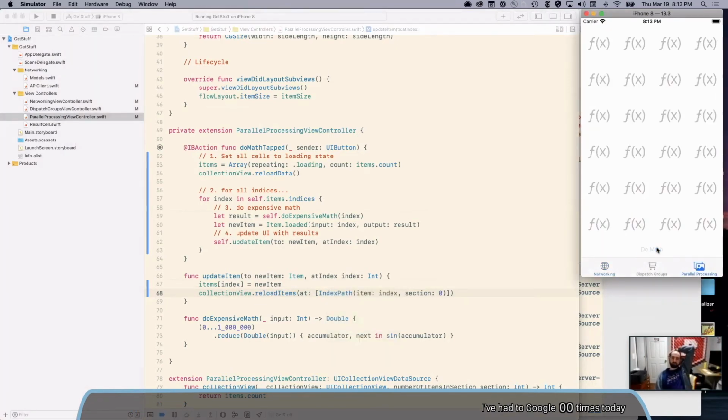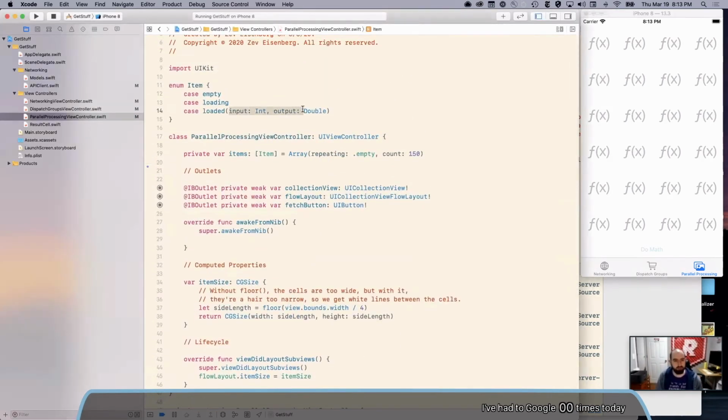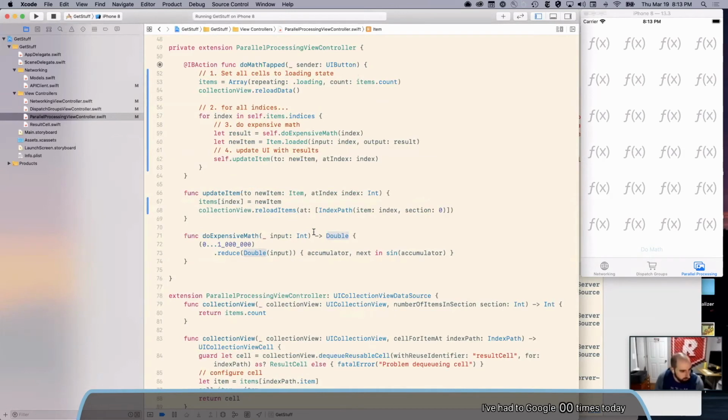There's a question in chat. Why do you have input and output on .loaded? Oh, that's just for the output style that I wanted in my view. You'll see it when it eventually loads, which it won't because it's too slow. It's going to be like 0 colon and then the result, 1 colon and then the result. So I needed to know which index it was so I could put that number. You wouldn't need that if you didn't want to show the number there. It's basically just model data, is the way you can think of it. I just needed 2 numbers there. Let me know if that didn't answer your question.